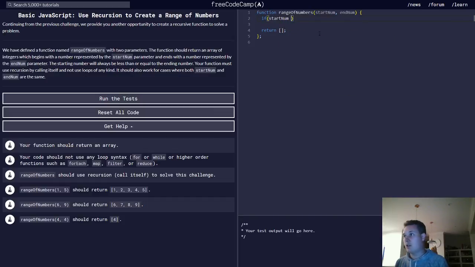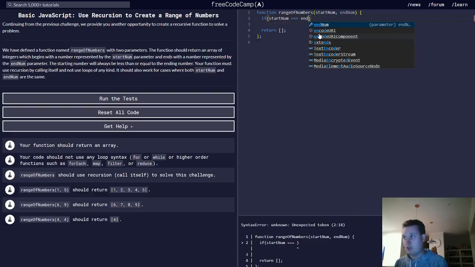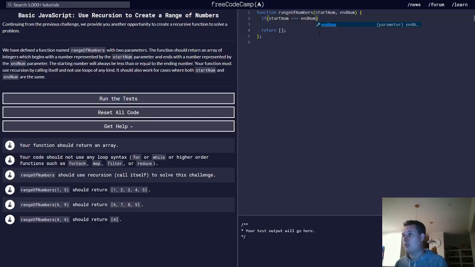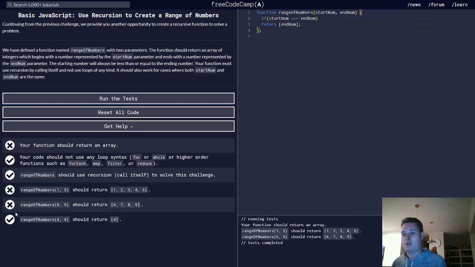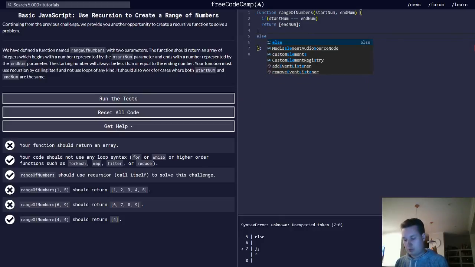So if start number equals the end number, then return end number in an array. Else